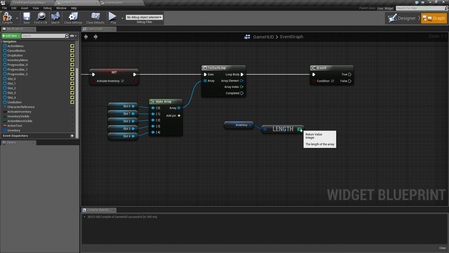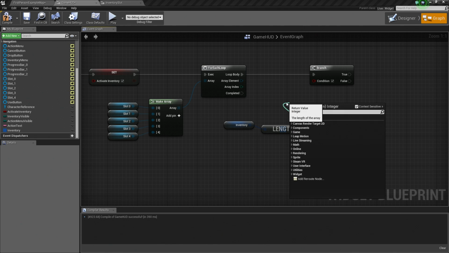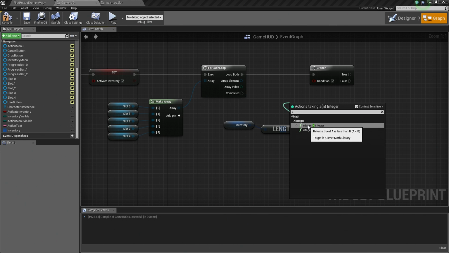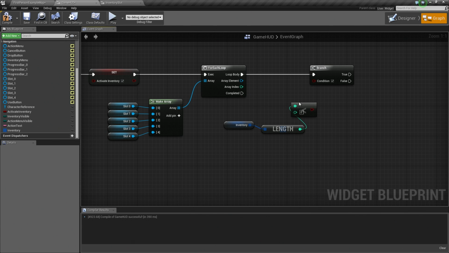And once we have that, let's drag off the length. We're going to hit a less than sign if it's not hidden. Let's do a less than sign, like so. So integer less than integer. So we're going to select this, and connect it like so. I'm actually going to hold Control and grab this pin and plug it into this one like this, because we're going to take our array index from our for loop and plug that in here like so. This is going to be our condition, so we're going to plug in our condition like so.